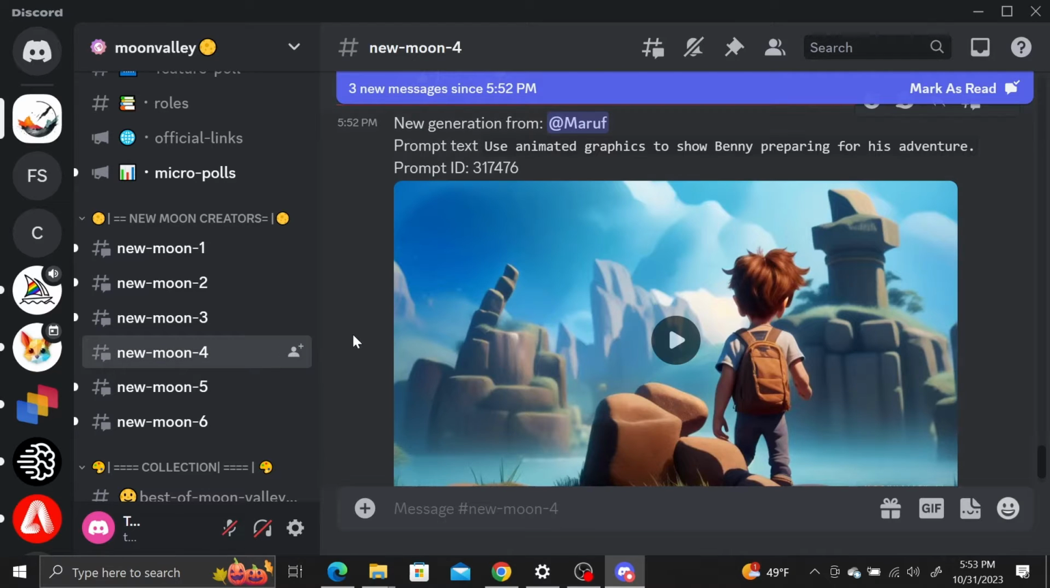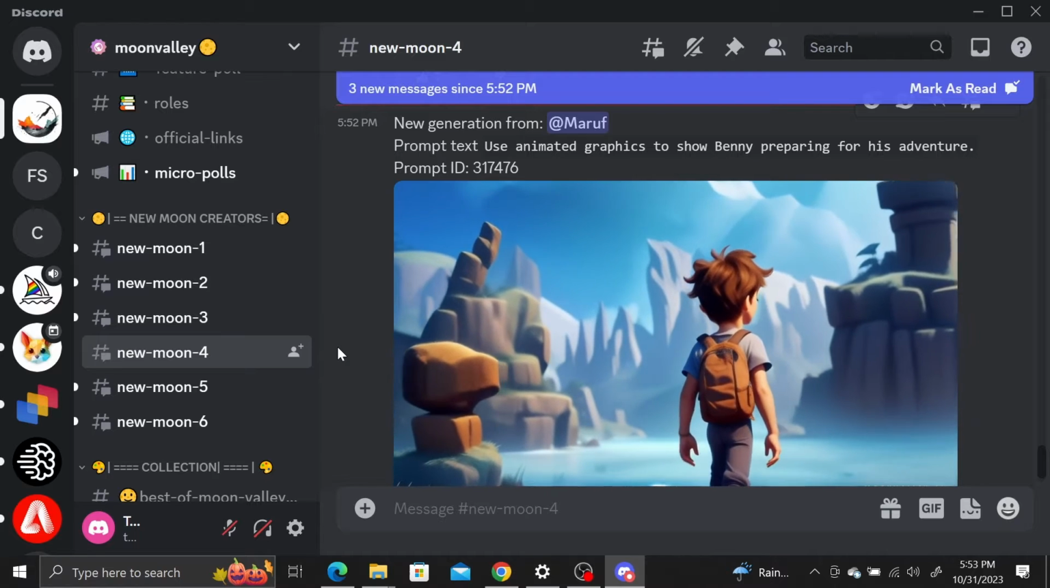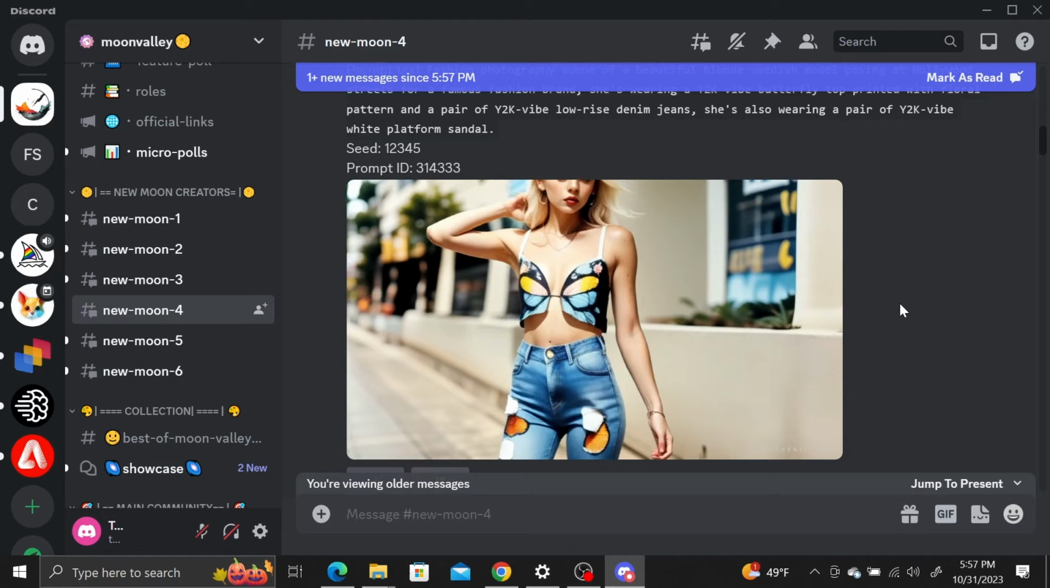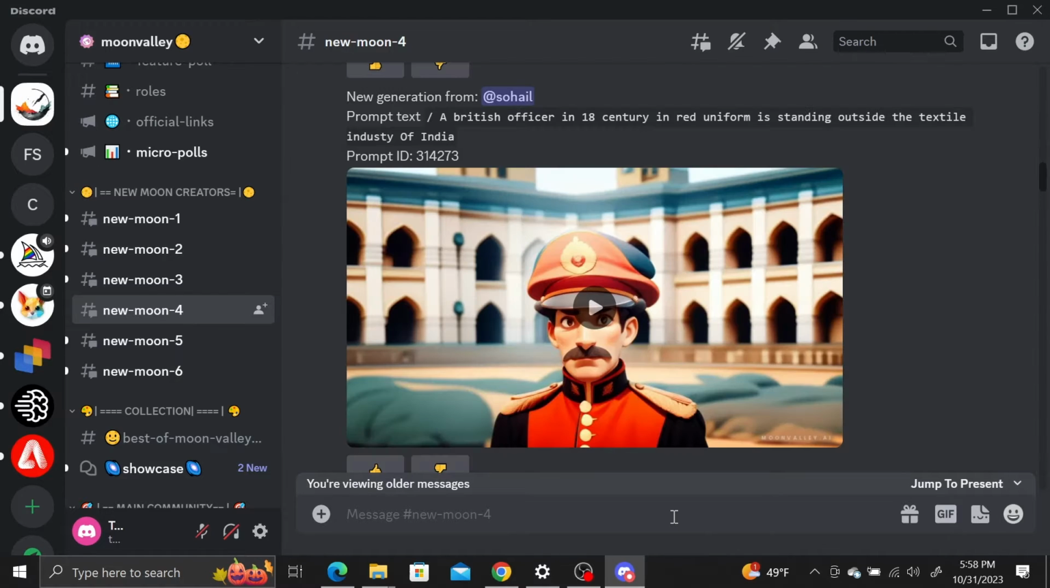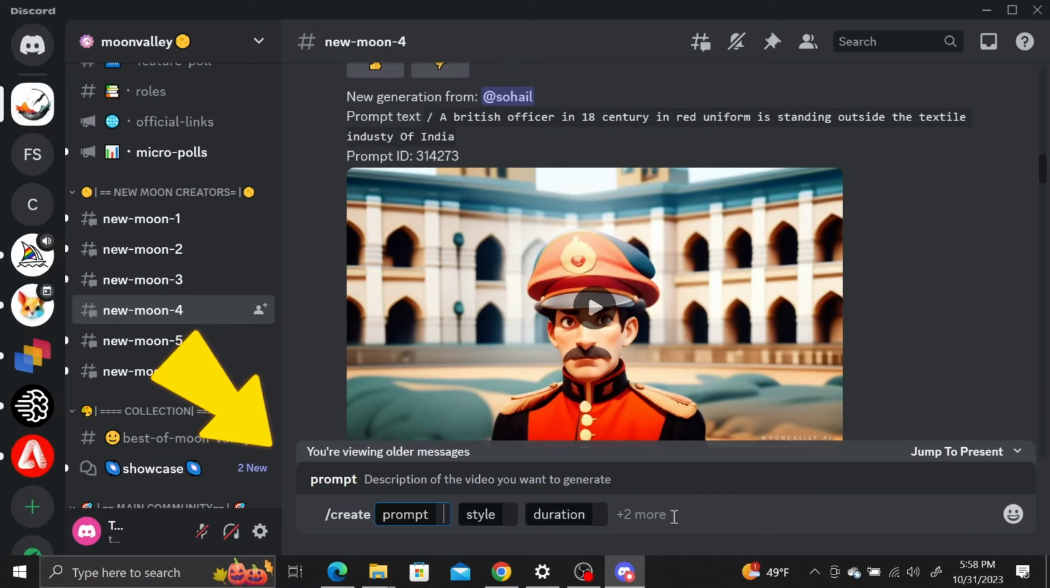Once inside, you can scroll around and find generations by other people. Some of them are pretty impressive. I definitely recommend seeing what other people are up to to get an idea of what to prompt for and what videos are possible. To start prompting, type /create into the direct message and press space, which brings up the prompting